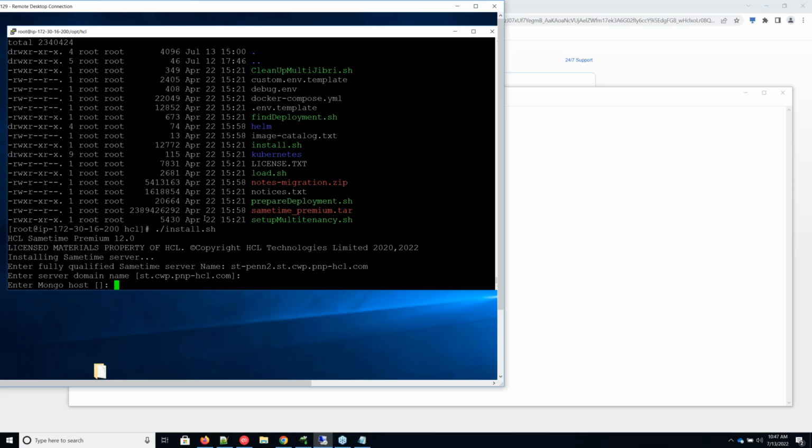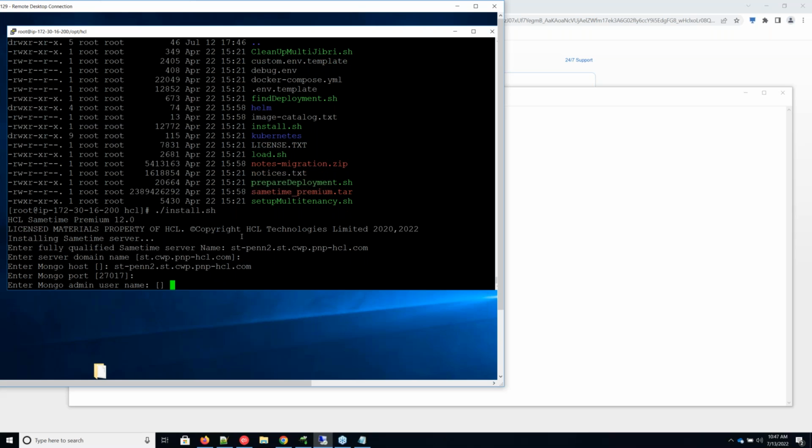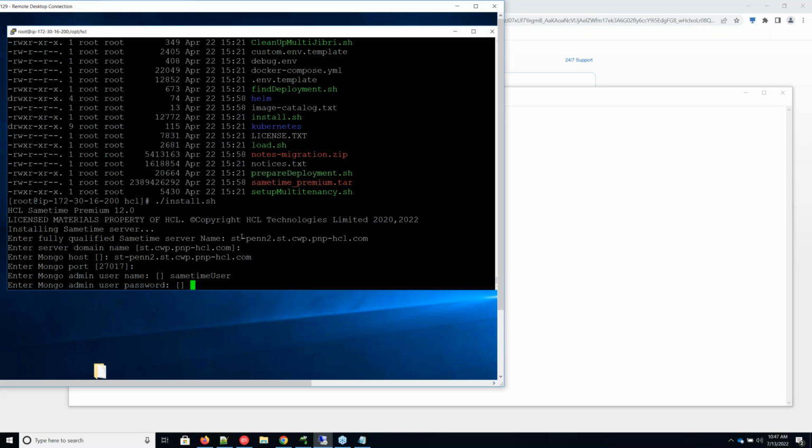The Mongo host is this machine as well. So I'll go ahead and put STPin2 in here. The Mongo port is the default, 27017. The Mongo admin username is Sametime user. Capitalization is critical. Usernames for Mongo are case sensitive. So if you just type Sametime with a lowercase u there, you would have failed